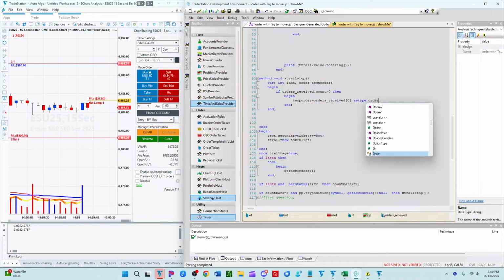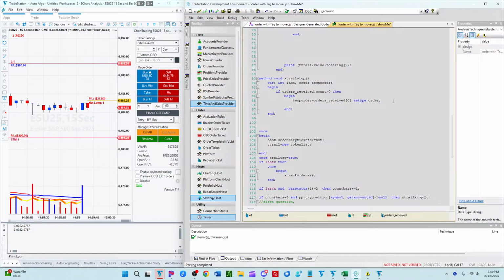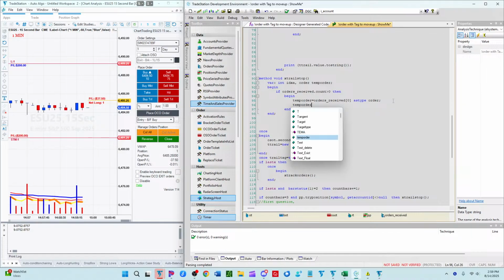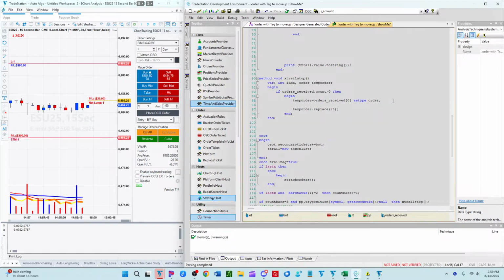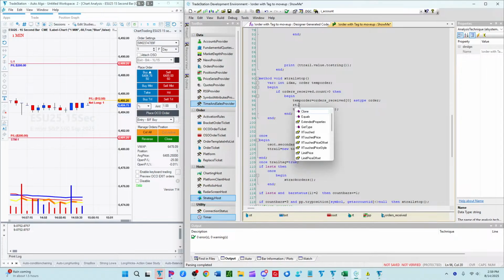Type order, and then we're going to replace the ticket. So now we're going to do temp order dot replace, and then we're going to replace it with what? RT, with the replace ticket. But before we do that, we need to update some of the information on this replace ticket. We're going to say that the replace ticket dot